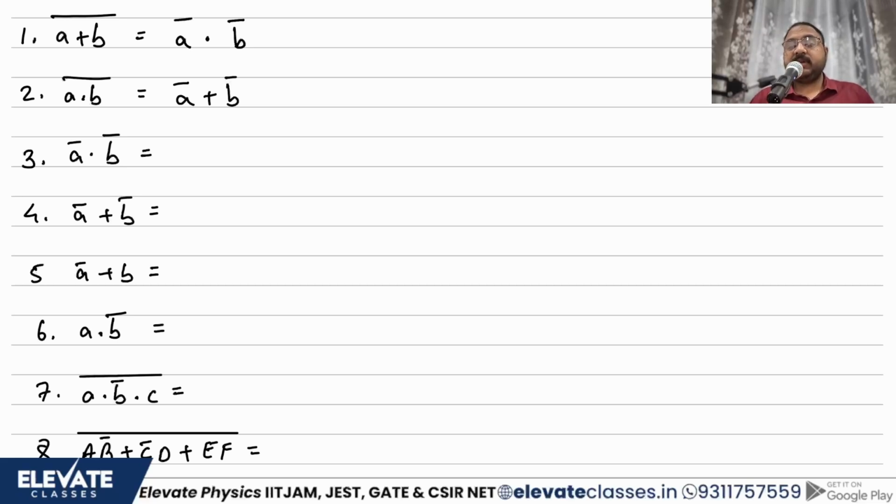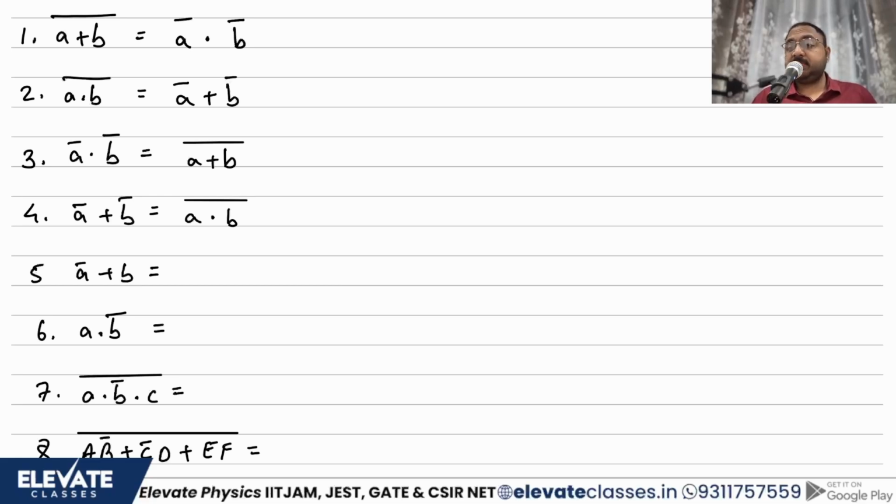Next, what if you have a bar . b bar? You see the complement operator on top of each variable, broken, so join it. We'll join it over a and b. The dot will be replaced with a plus sign. Same thing here: you see a broken complement operator, you join it. Plus should be replaced with a dot, and a and b as they are. That is your De Morgan's law. Basically I have just written the two theorems in different forms. That's all I have done.